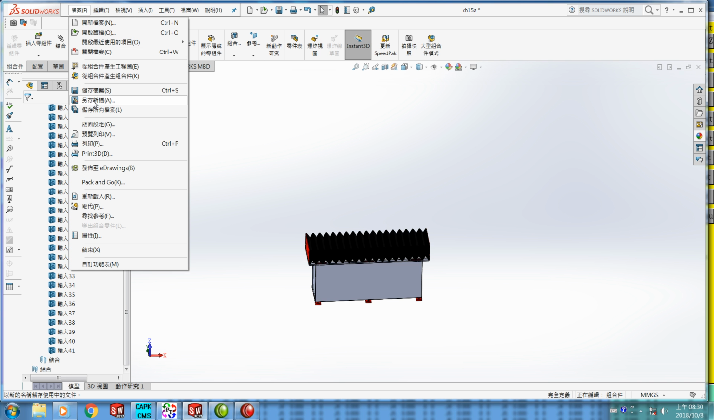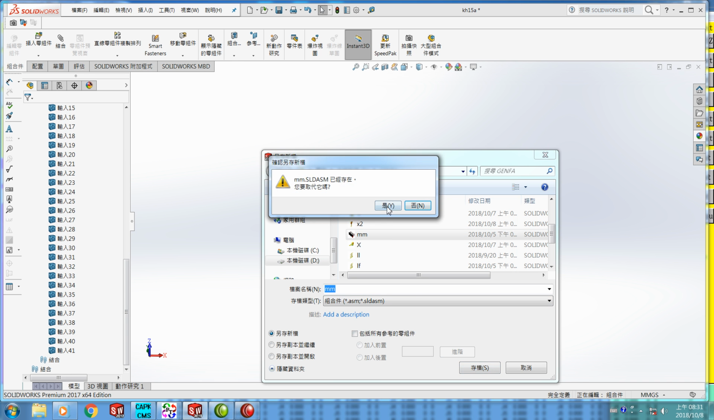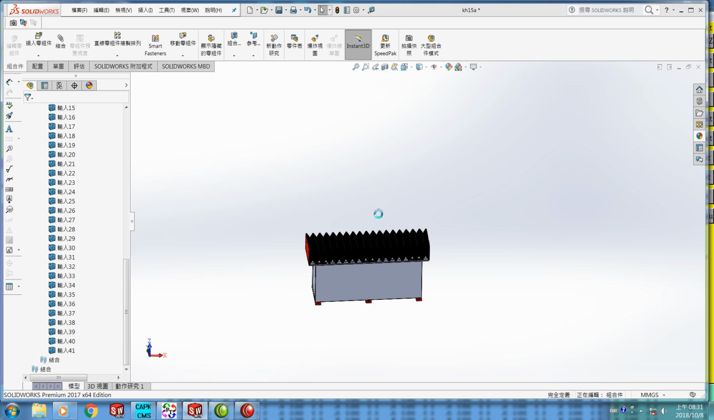So we save another file. The style is .asm. The file name, how about giving mm.asm? Okay, save it. Save all. So these two ASM files are saved already. Then the last one, the third one, we have to prepare the foundation of the